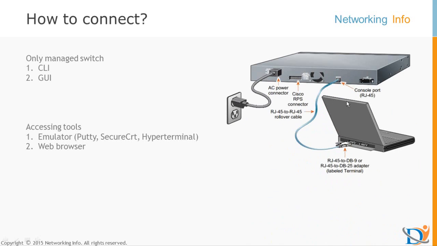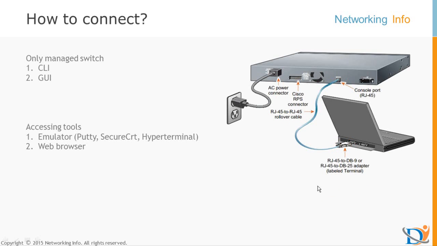Now I say here how would you connect your switch to PC. There is one thing you can use. This is a console port. Always remember, console port you require, and you require a rollover cable, we call it console cable, and here you require DB9 to RJ45 converter, or here DB9 to USB as well. If you want to connect it to USB, that is also available in the market.